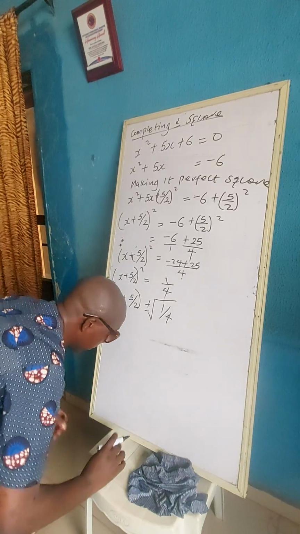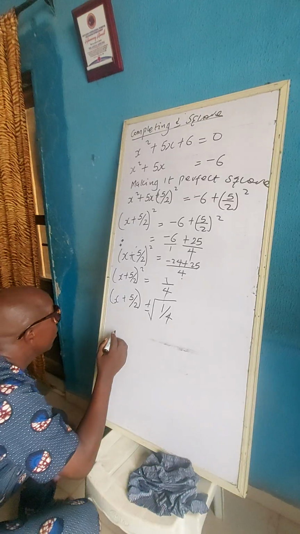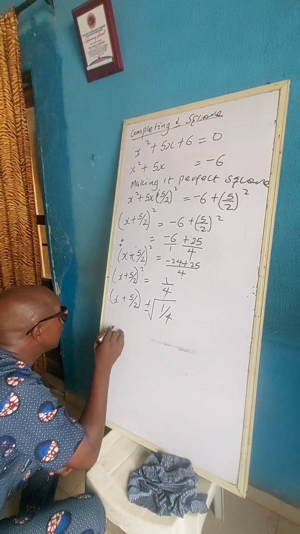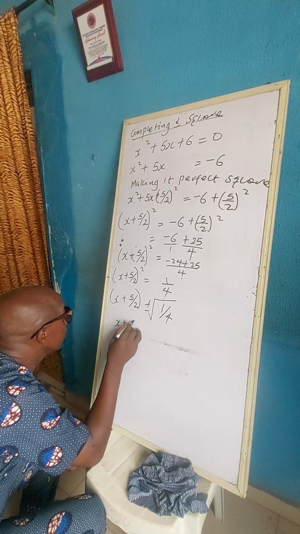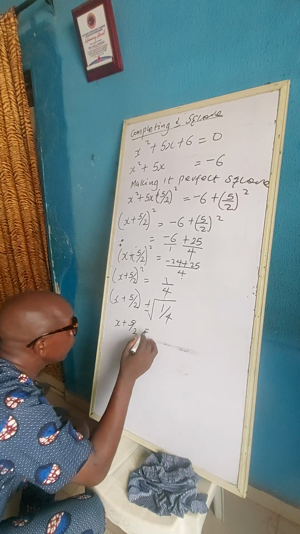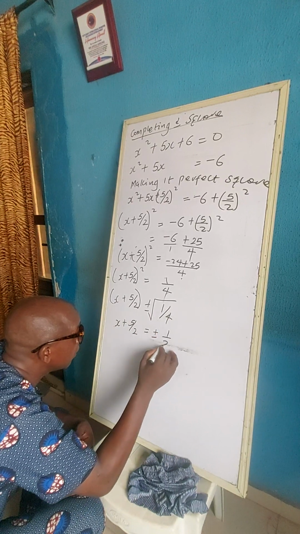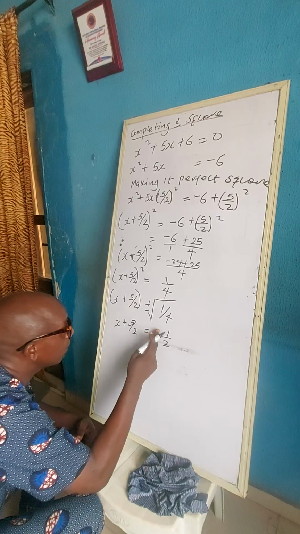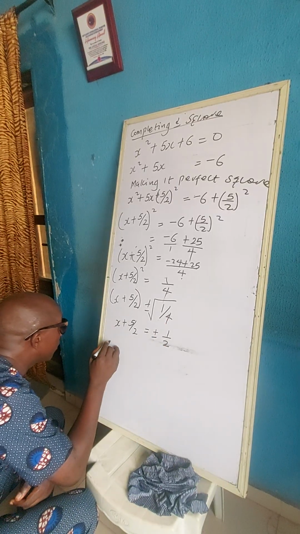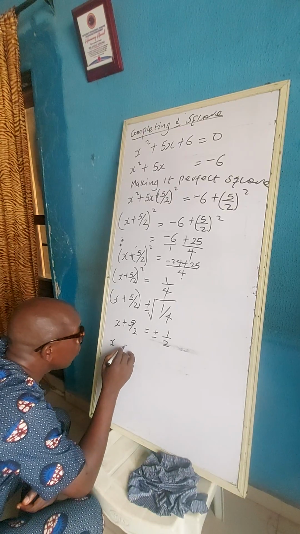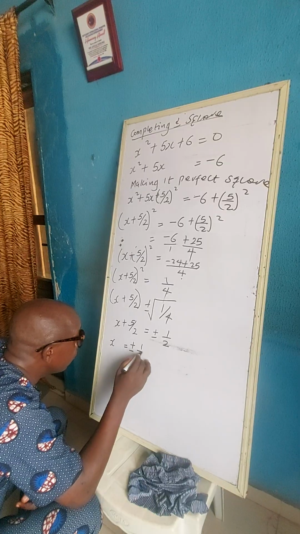Then x plus 5 over 2 equal to square root, plus or minus 1 over 2. Square root of 1 is 1. Square root of 4 is 2. Then x equal to plus or minus 1 over 2